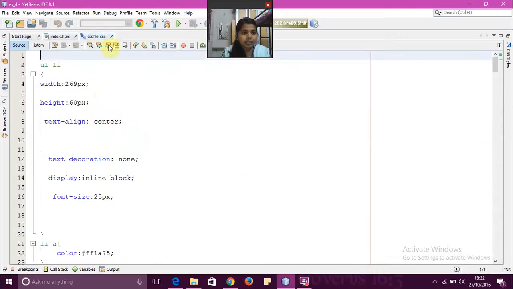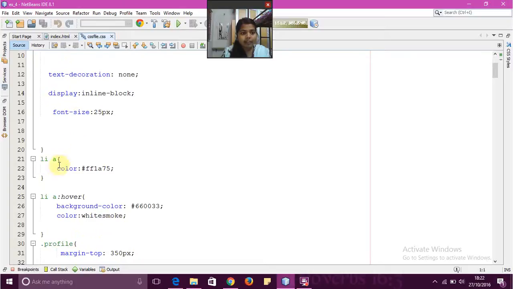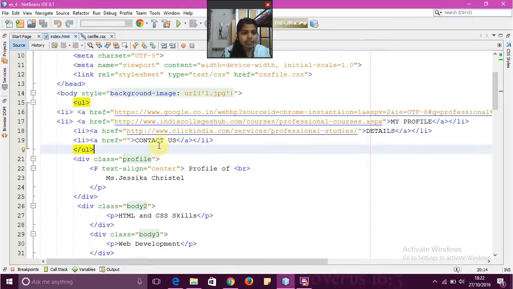In the CSS, you can see that for this I used the hover. I aligned the items in an inline box, giving width and height, aligned it in the center, and gave the color of it. When the hover effect is applied, the background color changes to this particular color. And in the next